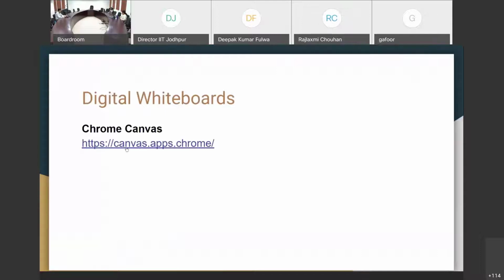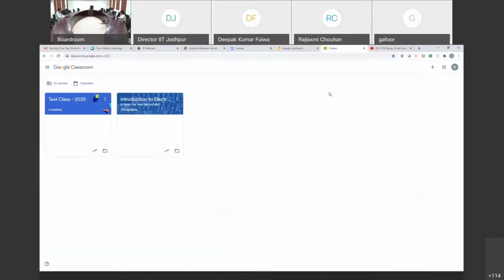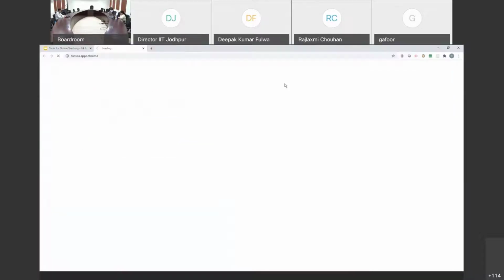We can go to canvas.apps.chrome and you can install this.